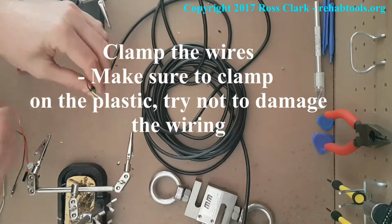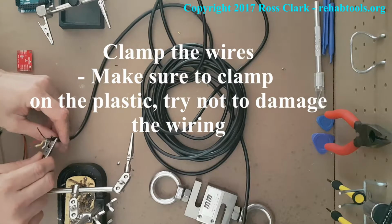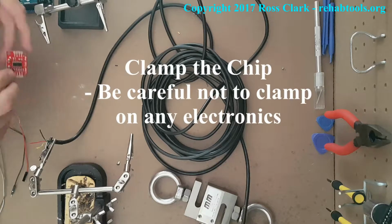What we're doing is setting up a load cell. So we're getting the wires coming from the load cell. Here we've got the plastic shroud and then the exposed wires within it. And what we're going to do is solder these up to the load cell amplifier circuit